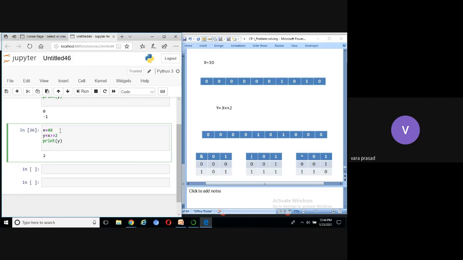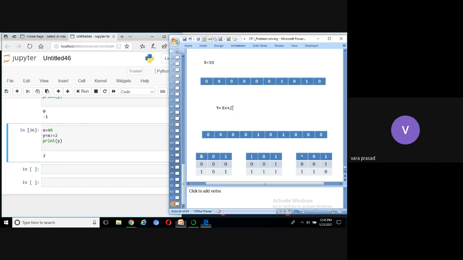Now the question is, if I take x equal to 48, what is the value of x right shift of 2? All of you find the value. What is the 48 binary value in 8-bit binary format? Did you understand how to convert decimal to binary? 110000, sir.